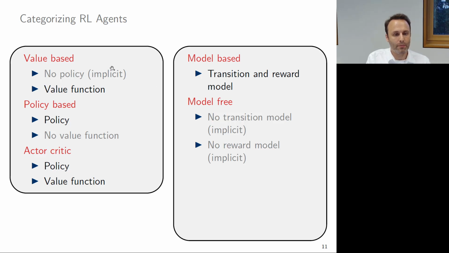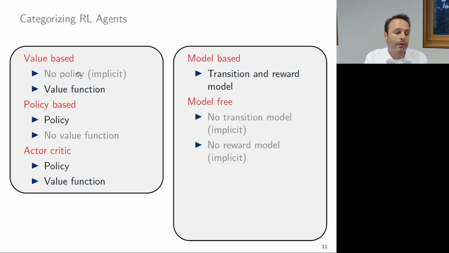From the perspective of the ingredients, we can have a value-based reinforcement learning agent, and that's a little bit weird because those value-based reinforcement learning agents have a value function but no policy function, at least not explicitly. Why is this weird? Because actually the goal is to maximize the expected future reward,